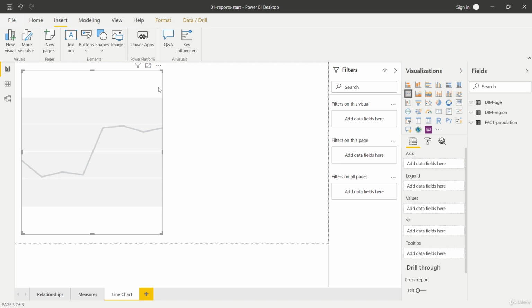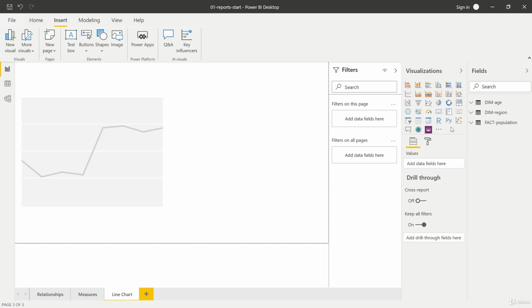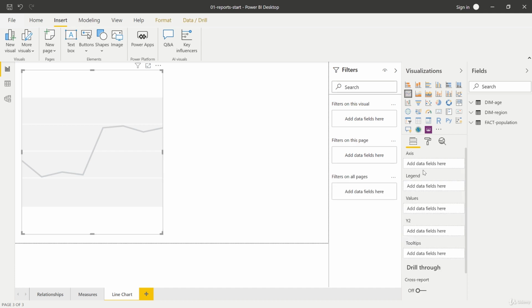You basically have 4 core areas, in case of the line chart at least, and this is here below the visualizations column. As you can see, if I select the visualization, this is indicated right here. If I unselect it, no visualization is selected, and also these fields are decreased in their amount. You only have this values field here. I'll show you this in a few seconds. So if we reselect our blueprint, we see that we have axis, legend, values, and here Y2. Y2 was just renamed to secondary values, as you can see it right here. So if I'm referring to Y2 here, I'm referring to these secondary values. This will be covered later throughout the course.